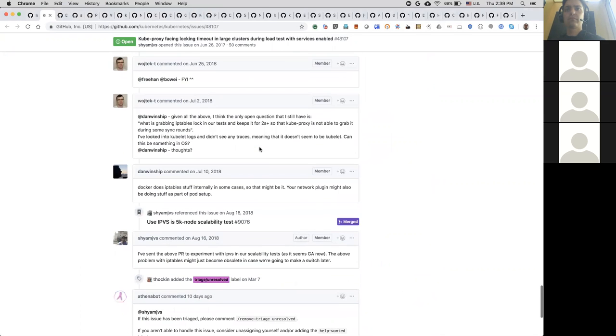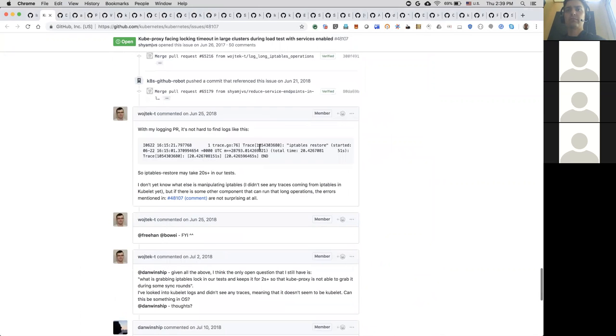But isn't it the case that if you have a ton of services, it will get locked for an extended period of time? Not necessarily. We've run with over 100,000 iptables rules, and when you have the right kernel fixes, it does not actually take more than a second or 2 or 4. I think the current restore lock timeout is like 5 seconds, and we almost never see that in the right configuration. But that kernel fix is actually pretty old.